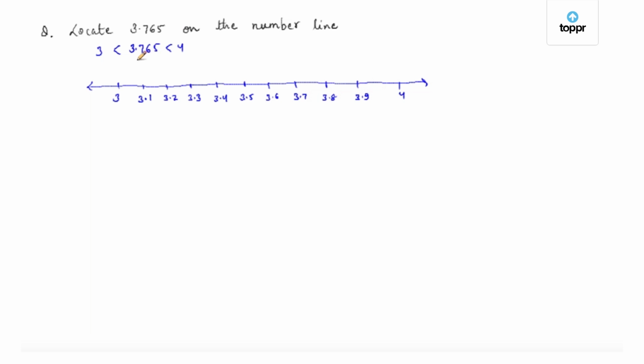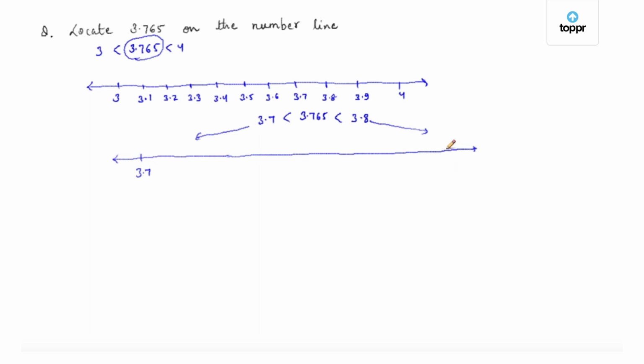Now, 3.765 lies between 3.7 and 3.8. So, we will again magnify the portion between 3.7 and 3.8, which will give us